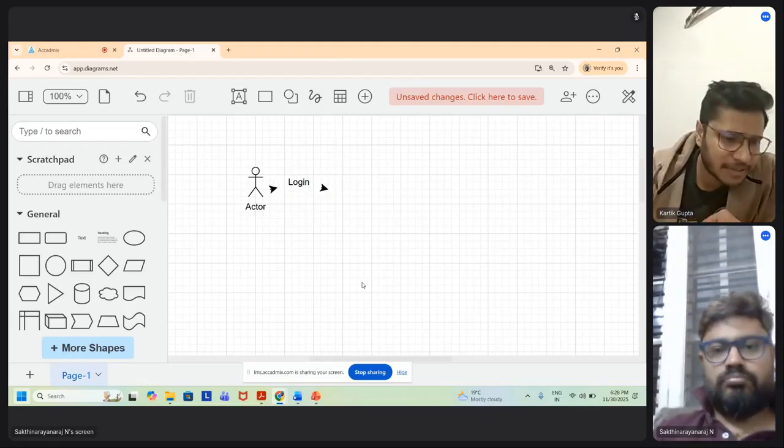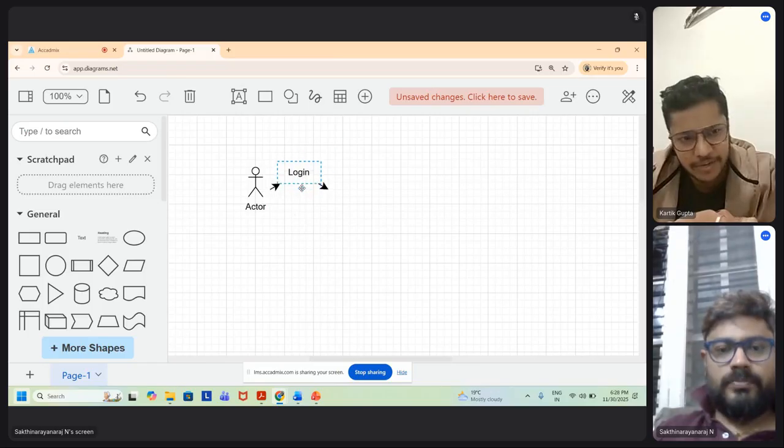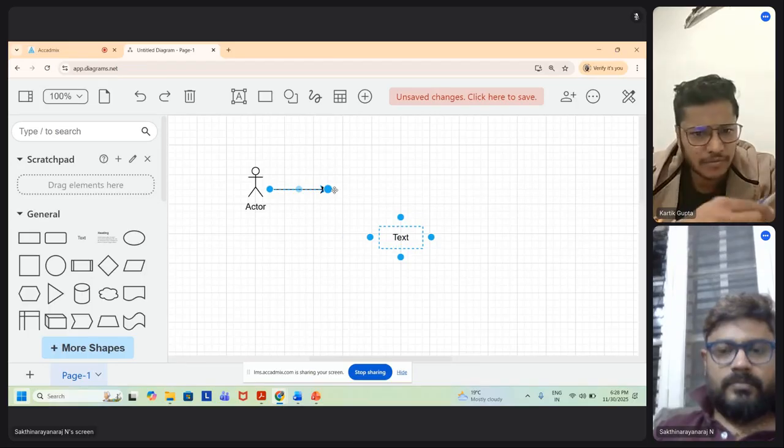Text element: in this general section, or I can search for it, right? If I type text over there, then I'll get the text box.